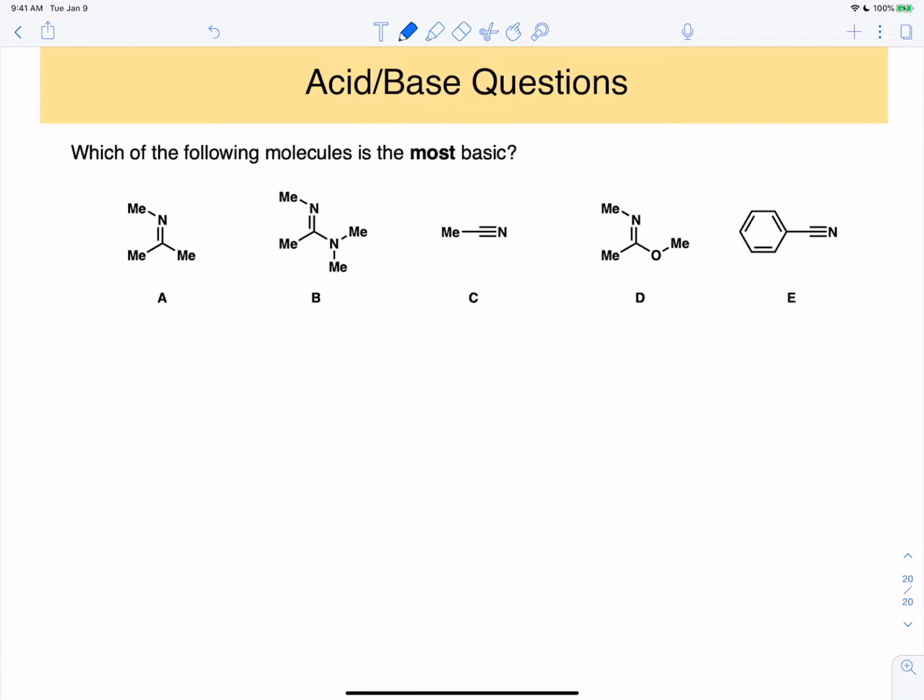And for the last of our acid-base questions, we're coming down to, once again, what is the most basic? All of these compounds have nitrogens. So again, our first instinct will be looking at hybridization. We have 2 sps versus 3 sp2s. Each of the sps we know will be much less basic than the sp2 hybridized cases. If we imagine now protonating each of these,